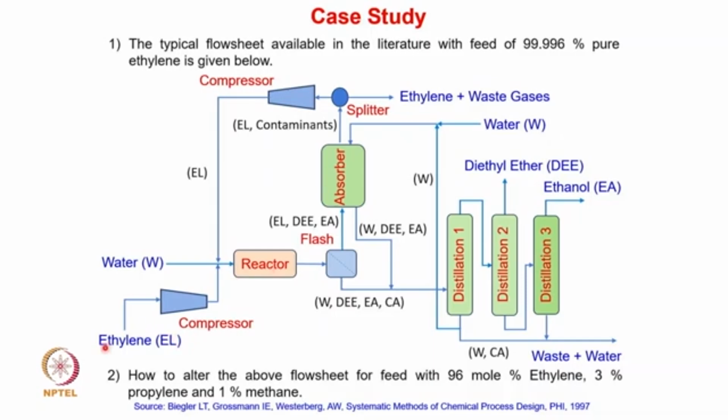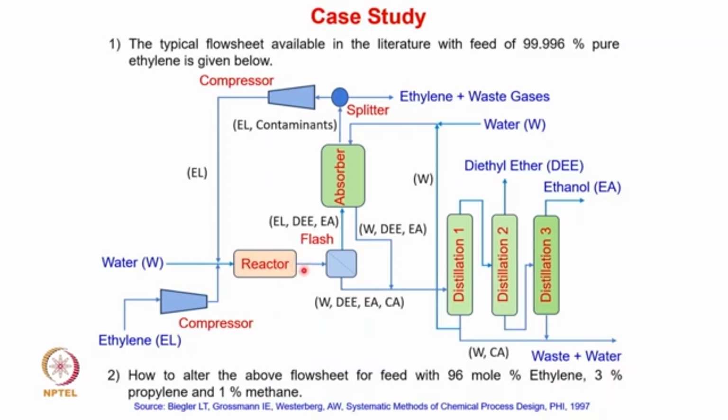So here you can see that the ethylene is first compressed to a desired pressure of 69 bar. It is mixed with the water and then it is charged to the reactor. In the reactor, the temperature is maintained around 535 to 575 Kelvin, and at this condition, the conversion of ethylene to ethanol is around 5 to 7%, and then the product gas coming out from the reactor is then